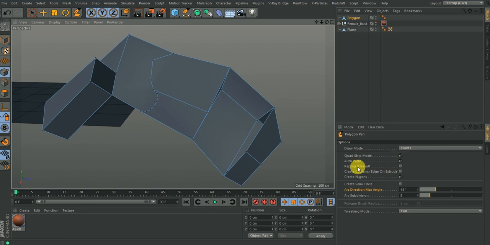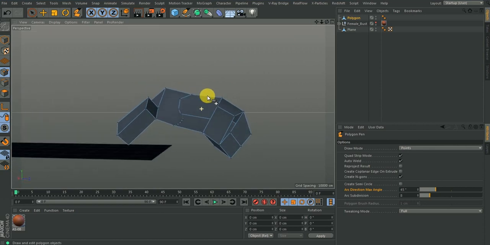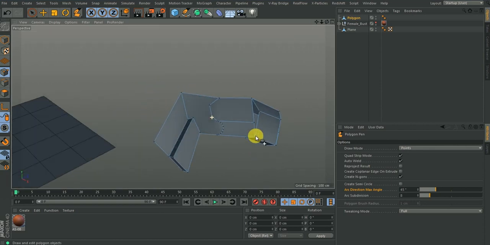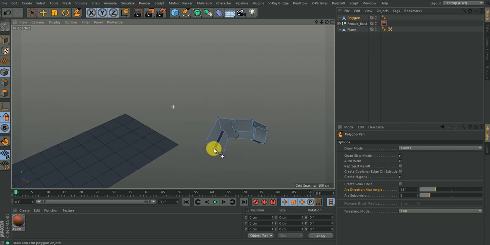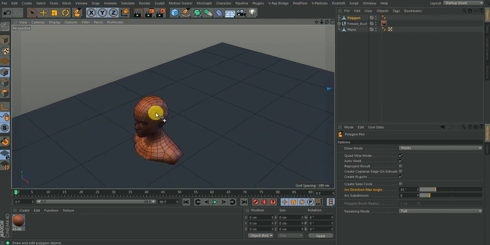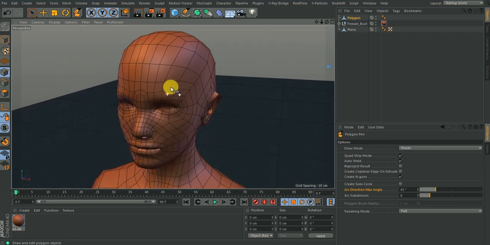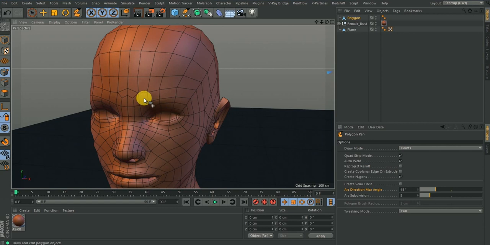Then the next one is the project result. Now this project result can be used for retopologizing, if my word is correct, an object. So let's assume you have a sculpted object. I have an object that I brought from my content browser. I have a sculpted object and you want to trace out a part of the surface. So let's assume I want to trace out, I want to create a mask for it, but just trace out this part of this mask. I can use